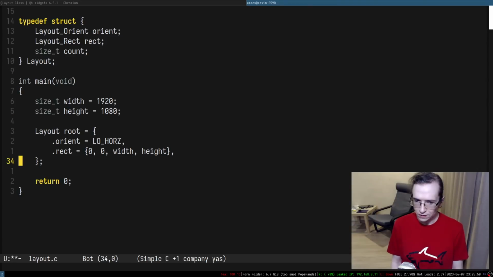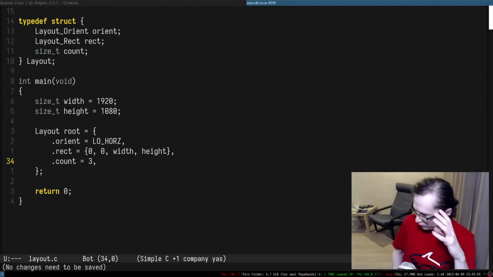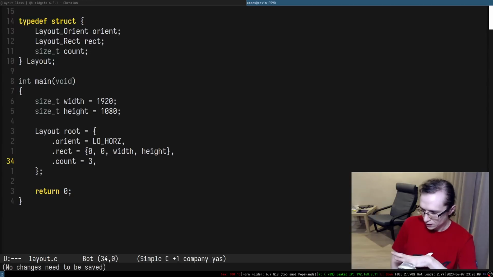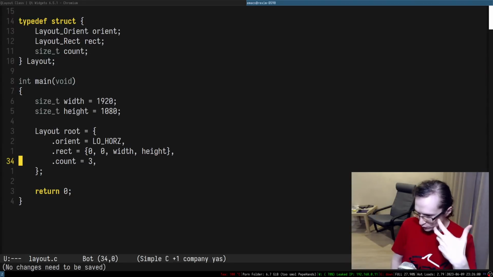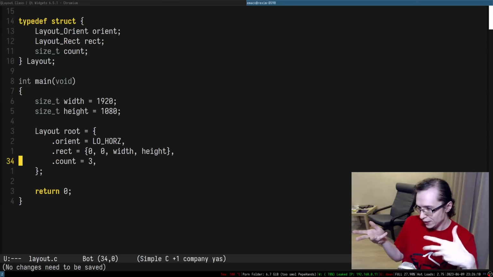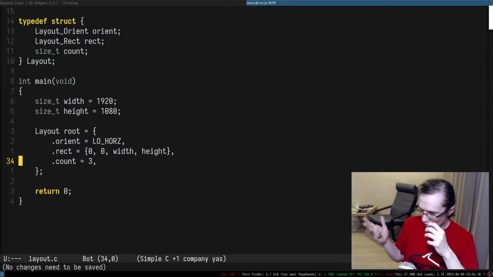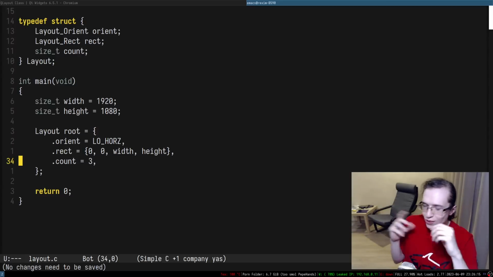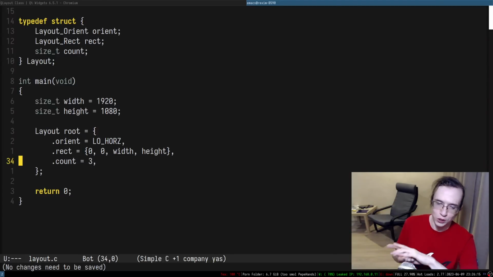Right, so you kind of need to know upfront, because that will make it easier. The reason we have to do that is because it's immediate UI. Essentially we need to know upfront how many elements we want to render. In the case of retained UI, you first build the tree, and then based on how many elements you have within the certain layout, you'll be able to compute all of that. But we don't know that upfront, so we have to give it to the layout. You see what I mean? So we have to say that we're gonna have 3 elements in here.